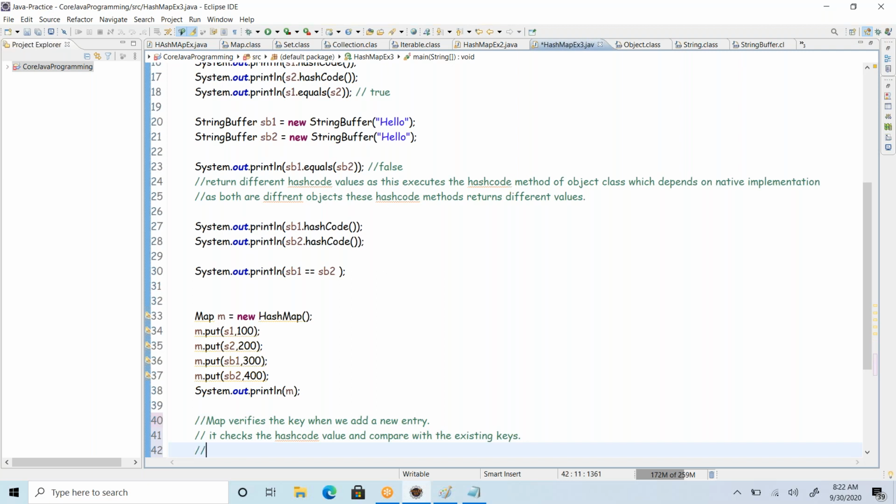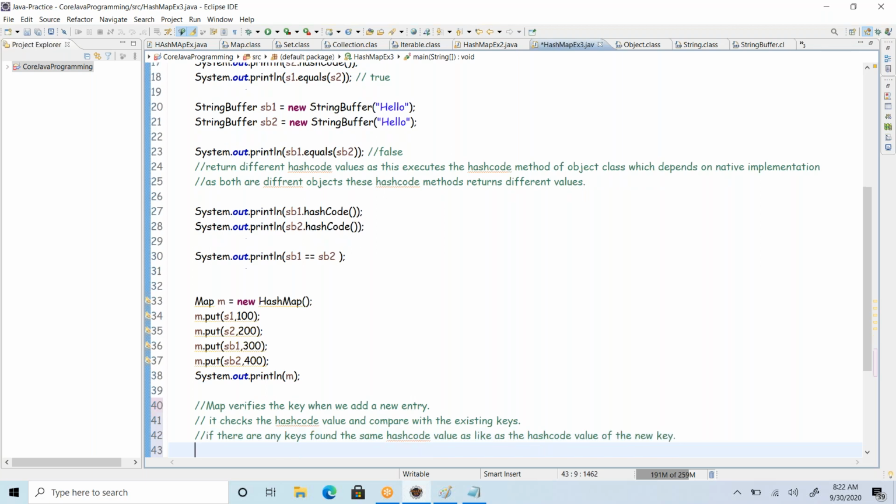Suppose there are any existing keys found with the same hash code value as the hash code value of the new key,